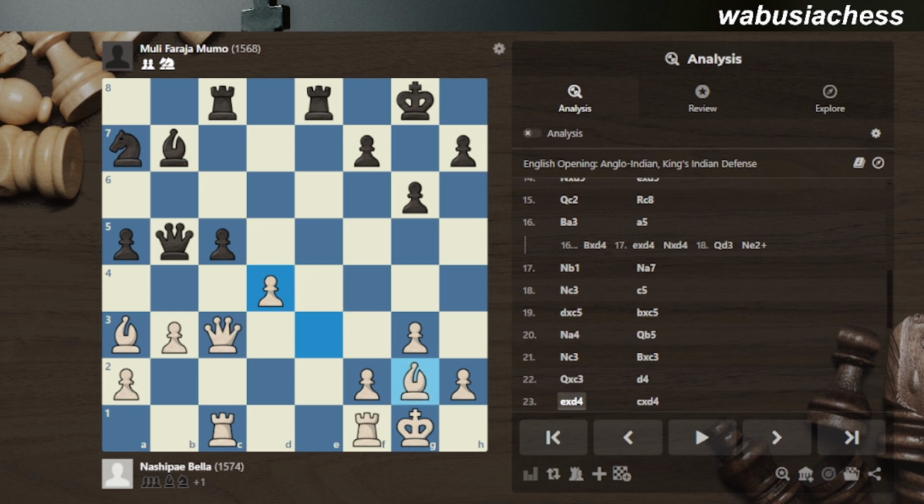Unfortunately, during the game, black didn't find the best move. Actually, the best move is to pick up the bishop first instead of picking up the pawn first. So during the game, black picked up the pawn first, and the disadvantage with this move is that it gives